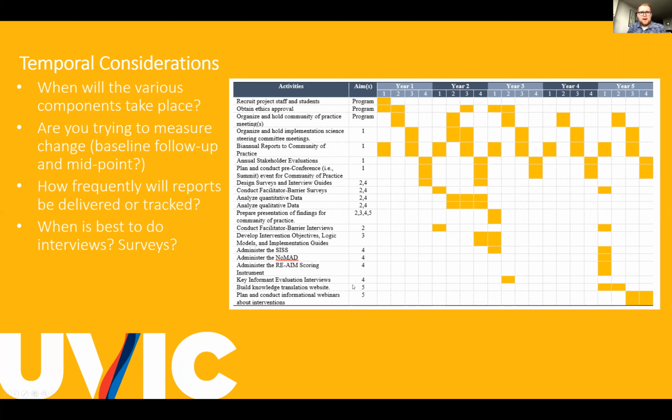Now, as I mentioned, we mentioned timing a couple of times. One important thing that we should think of is the temporal considerations. In developing and implementing a program, you need to think about when your evaluative components will take place. So, you don't want to be trying to do a process evaluation prior to the development of